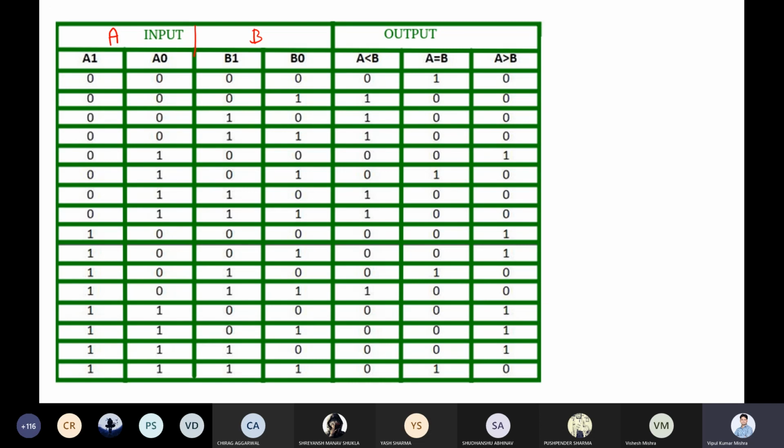Once you draw the truth table, what is the second step to make the circuit? We need to write the expressions for L, G, and E. Right. So we need to extract expressions for L, G, and E. Let's say this is L, this is E, this is G. So let us start with L equal to summation of min terms. Can you give the min terms? Let me write 0, 1, 2, 3 so that we can easily figure it out.